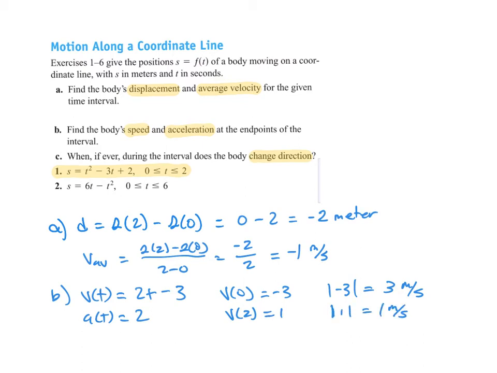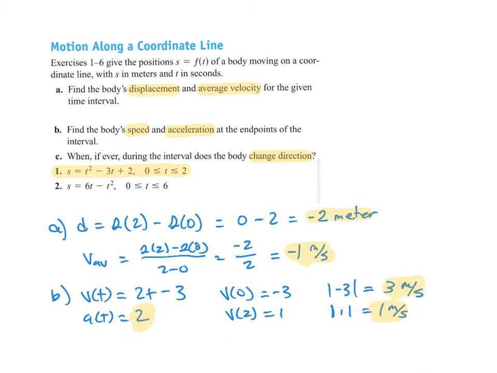So the speed at 0 is 3 meters per second, and the speed at 2 is 1 meter per second. And the acceleration at both of those endpoints is 2. So we're okay there. We don't need to change that one because no matter what time you're at, the acceleration is always 2. So for letter B, we get these 3 answers. For letter A, here's the displacement, and here's the average velocity. And then for letter C,